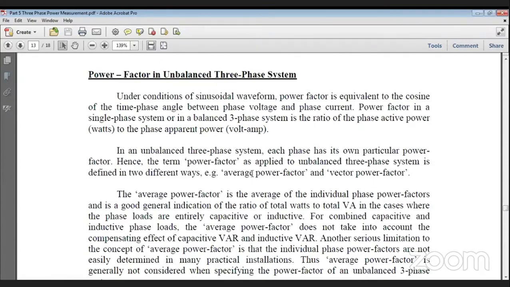Right? So then what happens? If I simply take the 3 power factors, what is it? 0.5 plus 0.5 plus resistive means 1. So it becomes 2 divided by 3. So just simply the average comes to 0.7. Whereas actually the reactive power is 0.